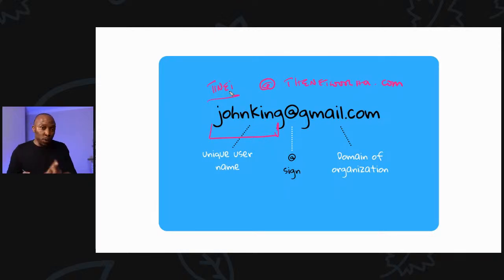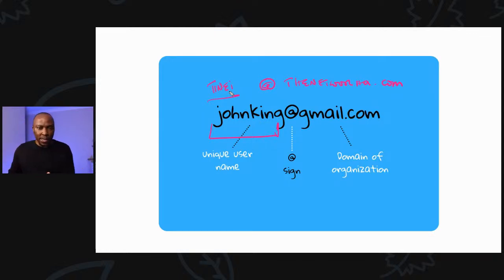You can't have 2 email addresses that are identical, because where do you send the email to? So that has to be unique. Similarly, on a network, you can't have 2 IP addresses that are identical on the same network. They have to be unique. So the username is unique. The @ sign becomes the separator between the username and the domain